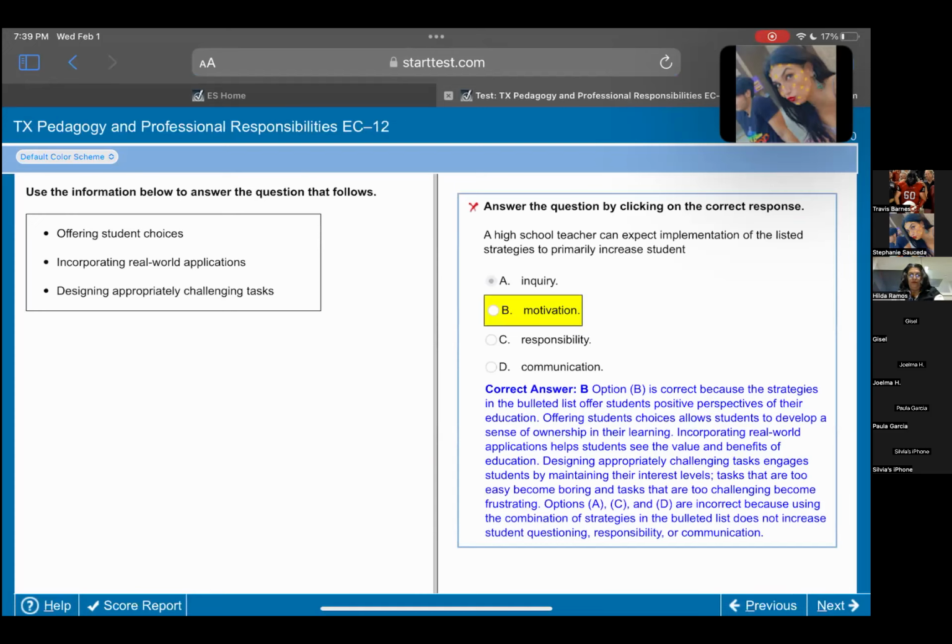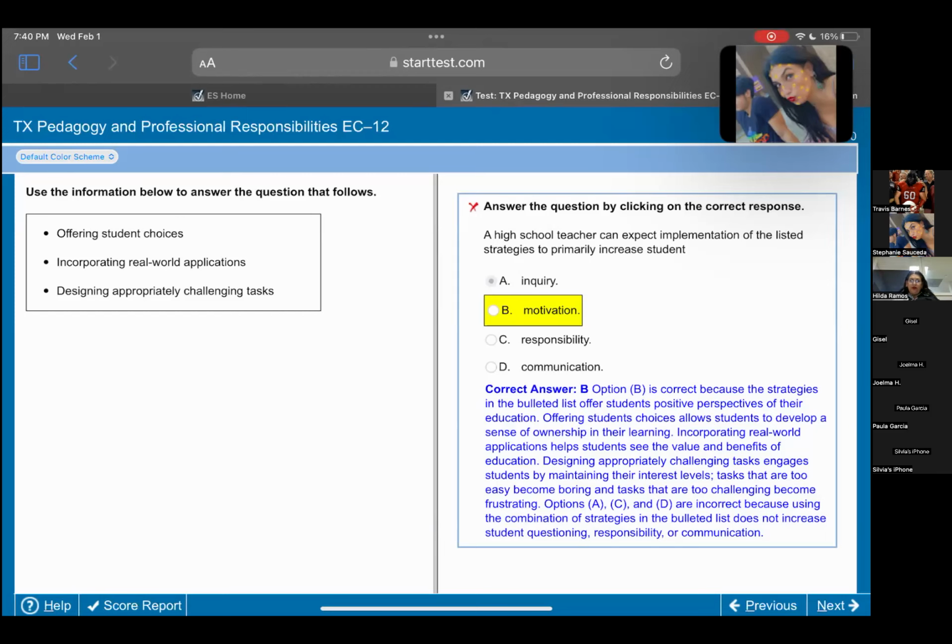All right. Use the information below to answer the question that follows. So we have offering students choices, incorporating real world application, designing appropriately challenging text. That appropriately means it's not ridiculously hard where they're not going to get it, because then it's not appropriate and it's not challenging. It becomes frustrating. So designing appropriately challenging tasks. So a high school teacher can expect implementation of the listed strategies to primarily increase student